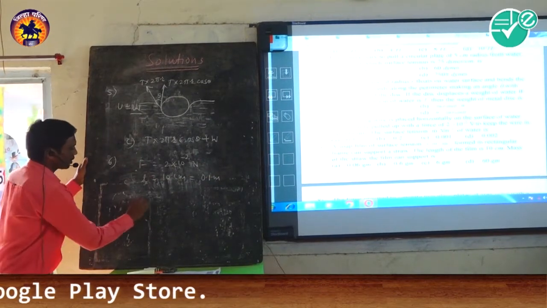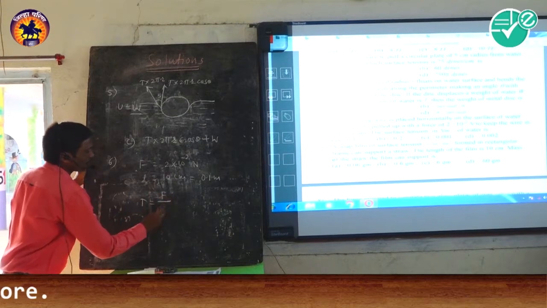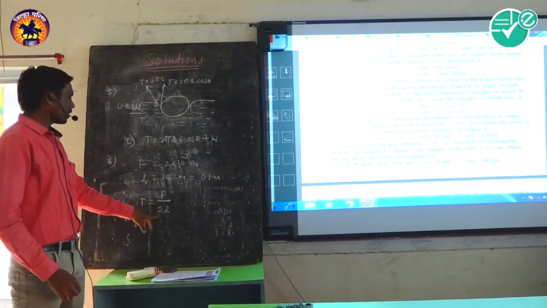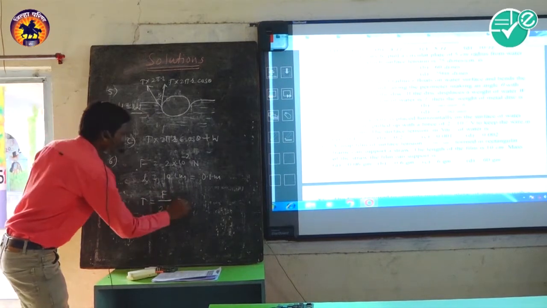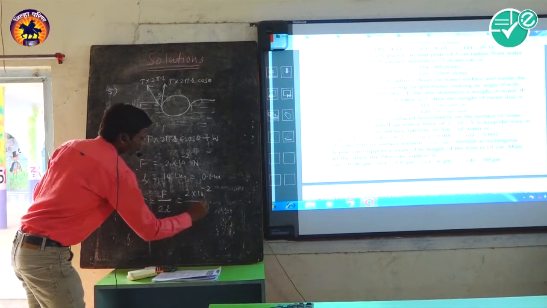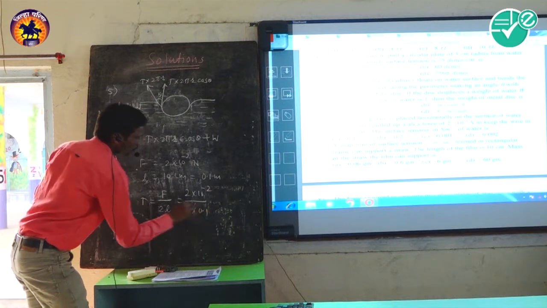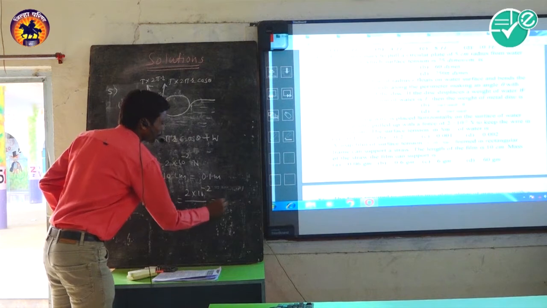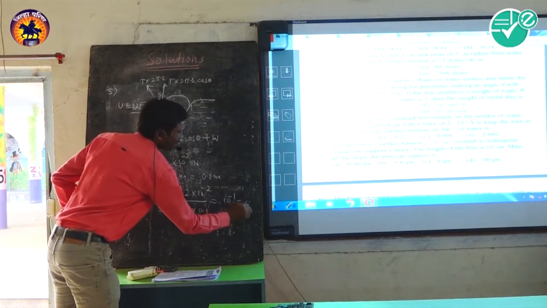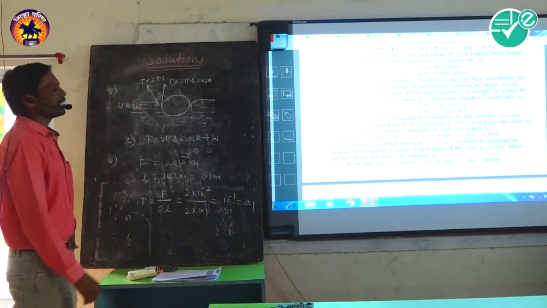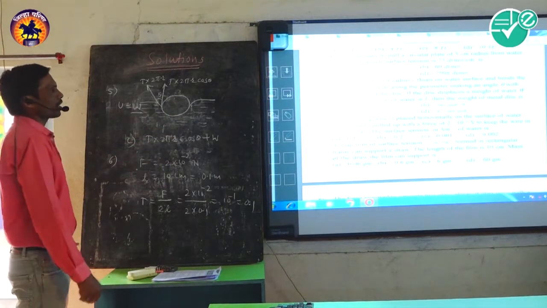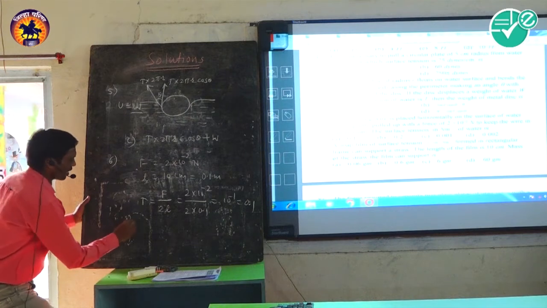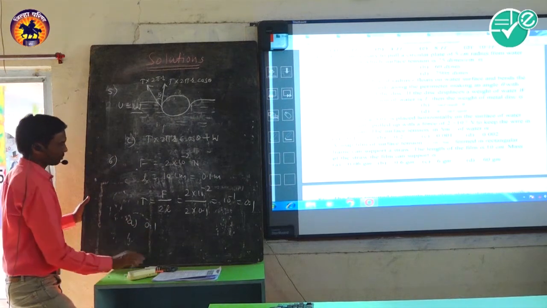So obviously the surface tension of the water is the force per unit length. But the length of the wire which is actually in contact with the water is 2L. So it is equal to 2 into 10 raised to minus 2 divided by 2 into 0.1. The 2s get cancelled, so it is 10 raised to minus 1, that is equal to 0.1. It means it is the surface tension of the water in SI unit, Newton per meter. So the option is A, that is 0.1.